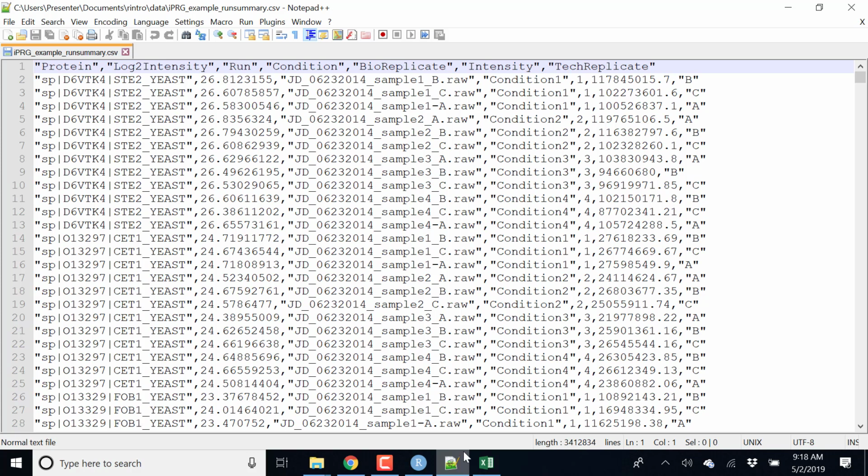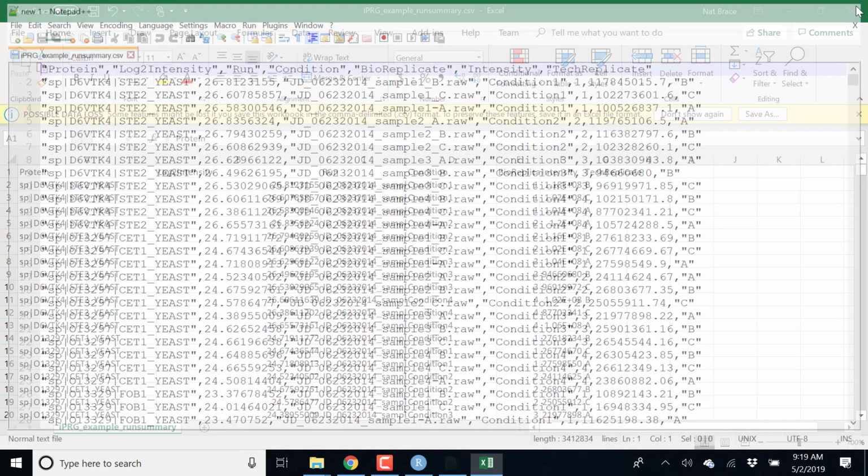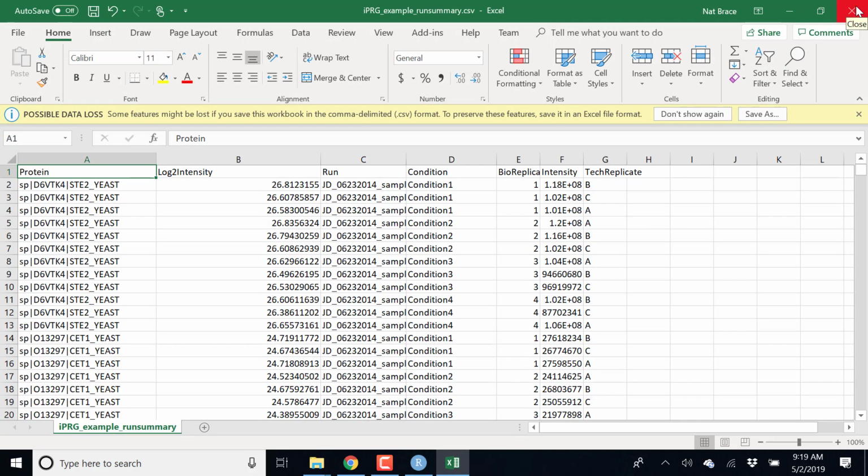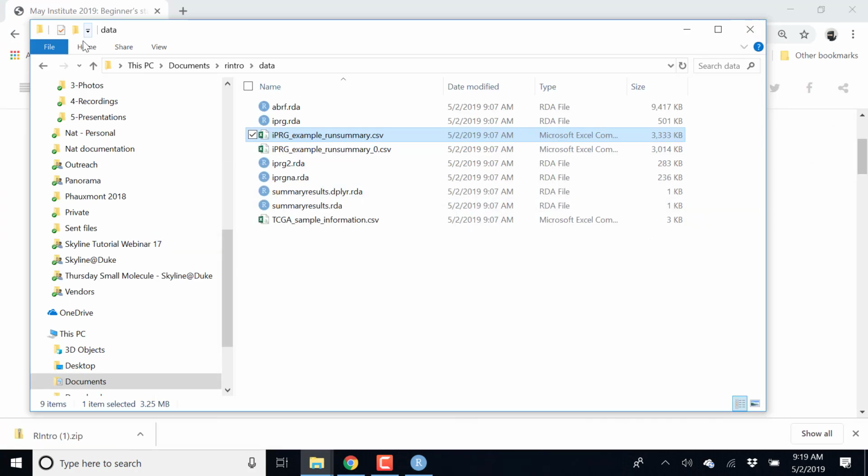That can be read into R, into Python, and many other programming languages. Having said that, it's also possible to read Excel files into R. We're going to focus on CSV files. Okay, so